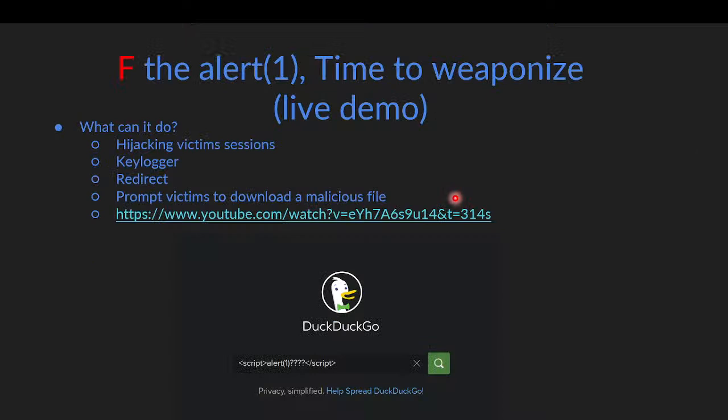And here comes the key part I want to talk about, because usually people pop alert one, but they don't know what to do next, right? How do you weaponize it? You can do a lot of things with cross-site scripting. The most obvious one is going to be stealing the cookies. In case you don't know what a cookie is,